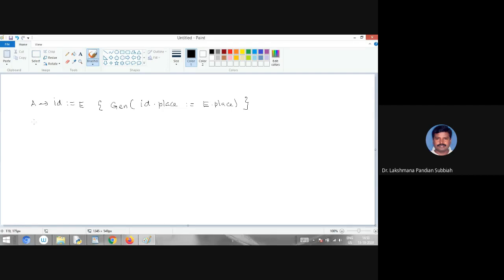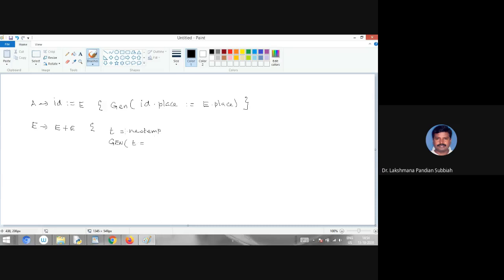Next one is E derives E plus E, right? Now for this case, you have to create a new temporary variable T equal to new temporary variable. Now you have to generate a code: T equal to, right?